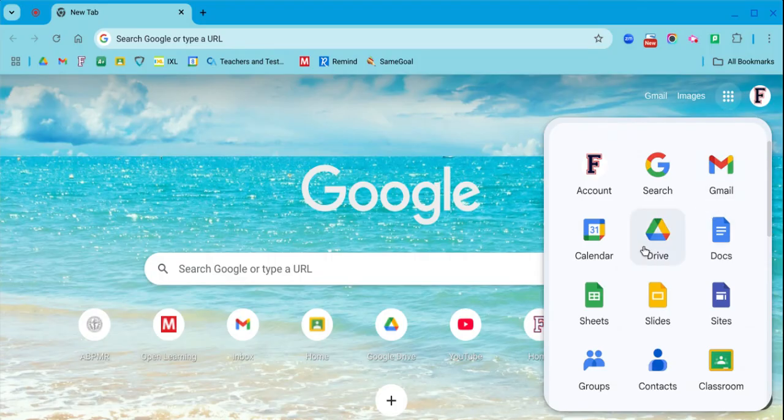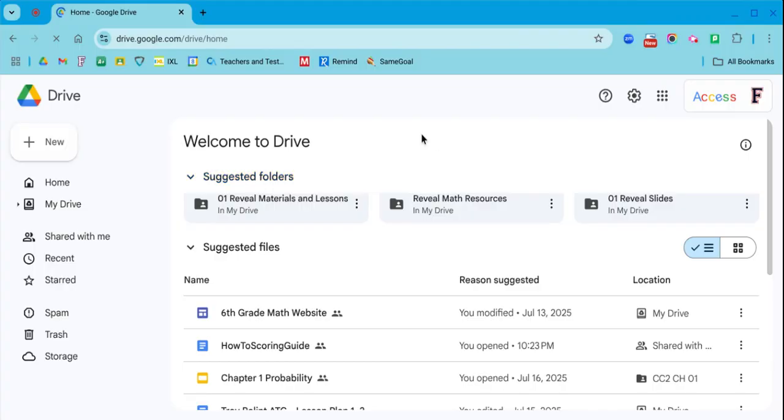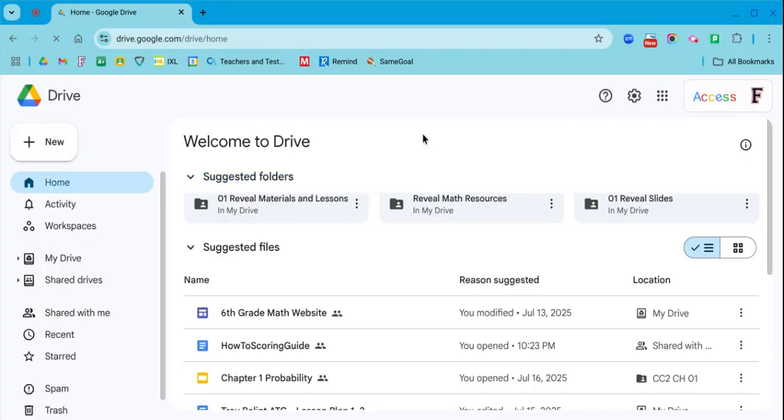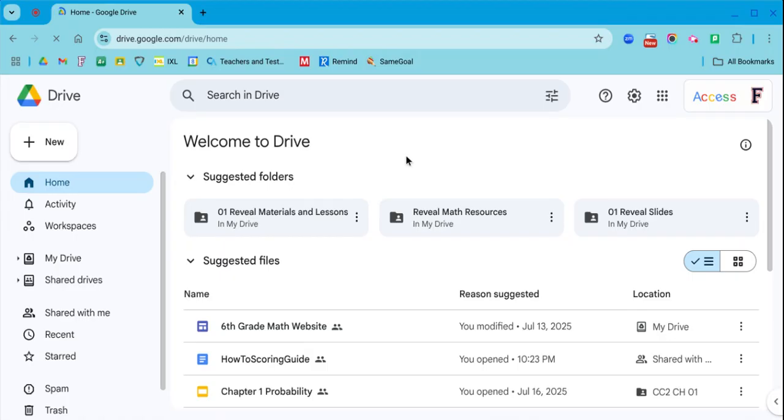If you click on the waffle here, you can find Google Drive. And this is loading up my personal Google Drive that I use for my classroom that has all of my information. What Google Drive really is, it's just a big storage that you have access to